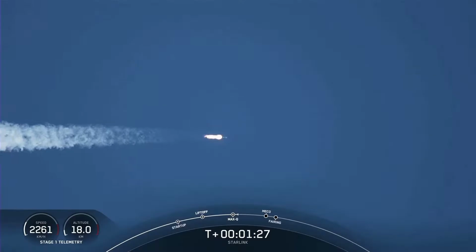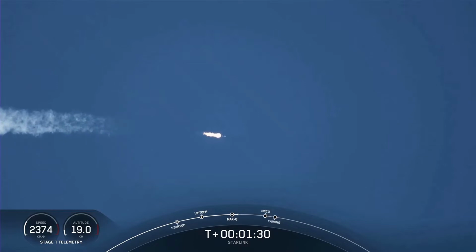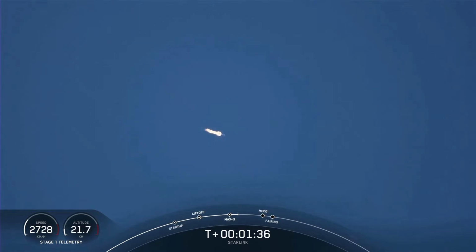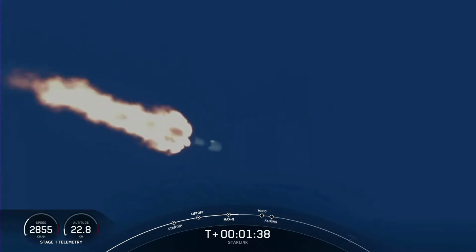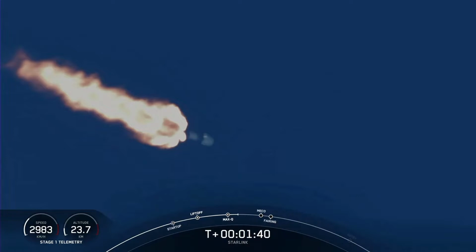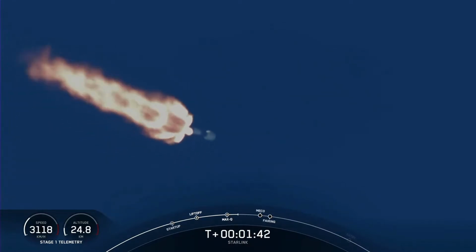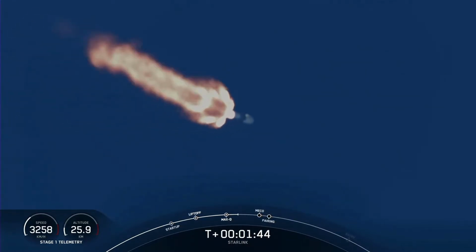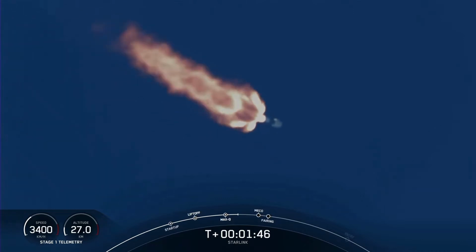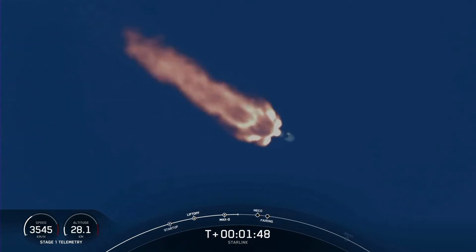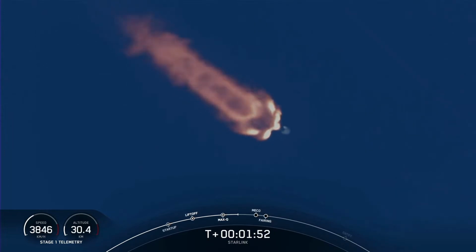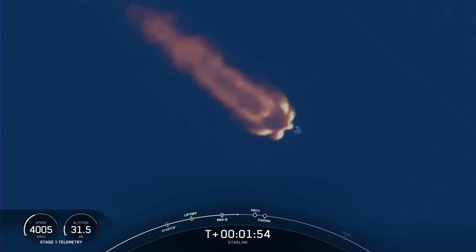So next up will be a series of events. First will be MECO, or main engine cutoff, and that's where all 9 of the Merlin engines will shut down, and that slows the vehicle down in preparation for the second milestone, which is MVAC engine chill. The second milestone will be stage separation. That's where the first and second stage separate from each other. First stage will start to make its way back to Earth, and the second stage will continue on its journey